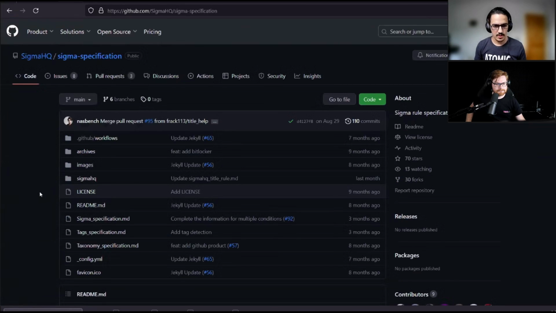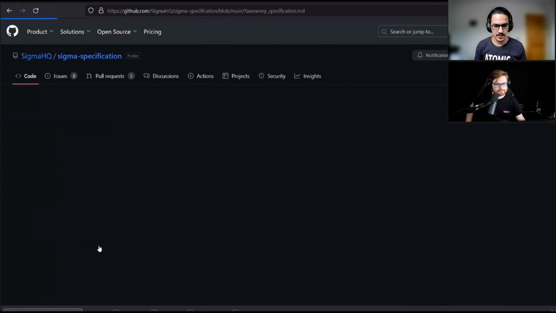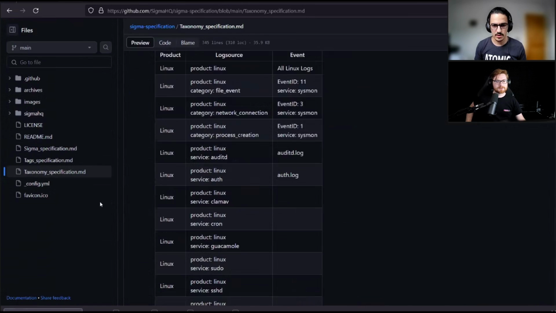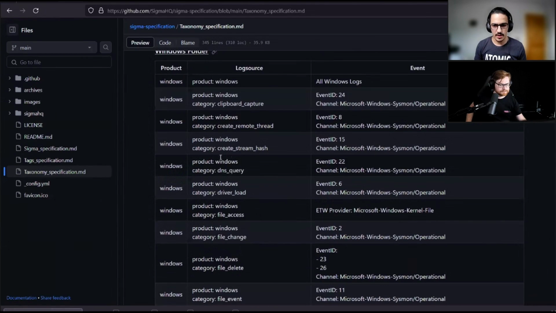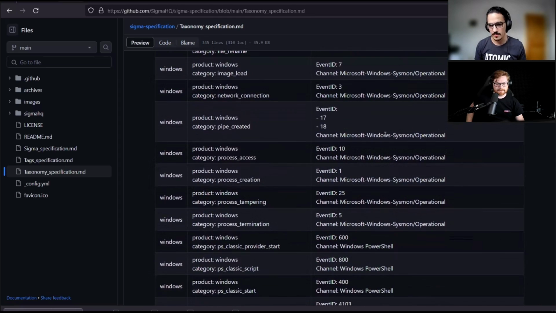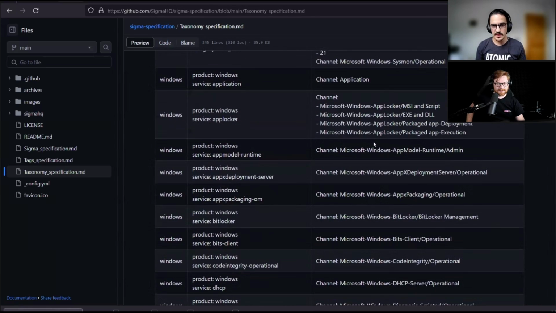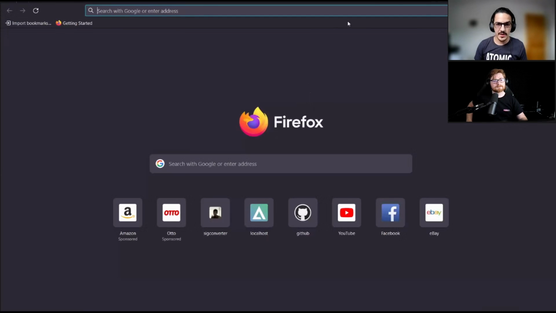For example, a cool thing to check out is the taxonomy, which we talked about. Say you want to learn, what is this log source? What is product windows? What is clipboard? Clipboard maps to this Sysmon event, and so on. So these are some cool resources. And as we've said, Sigma Converter might help you convert your rules directly to the SIEM that you want to choose. Yeah, and you might want to follow up on the Medium blog, which is where it is.